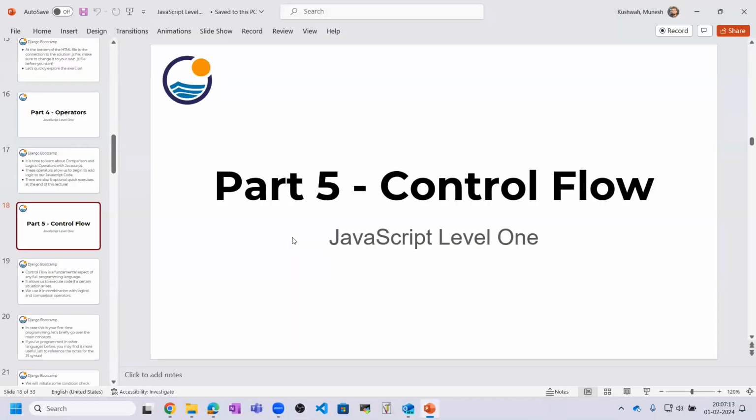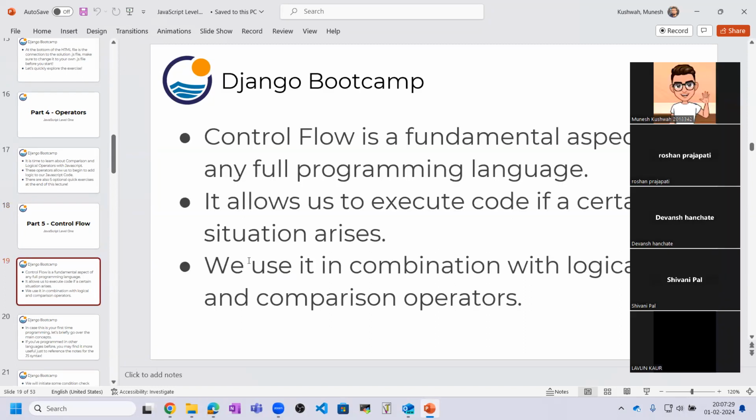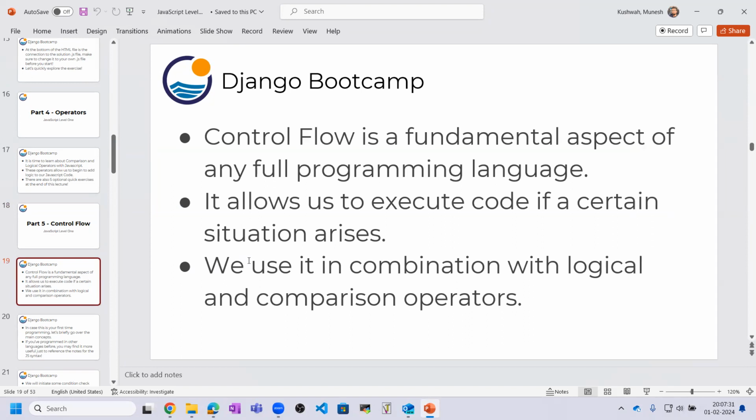So yeah, in today's lecture we will talk about control flow in JavaScript. Basically, control flow is a fundamental aspect of any full programming language. Full programming language means high-level language. Okay, you can understand Python, C++, Java, JavaScript, and it allows us to execute code if a